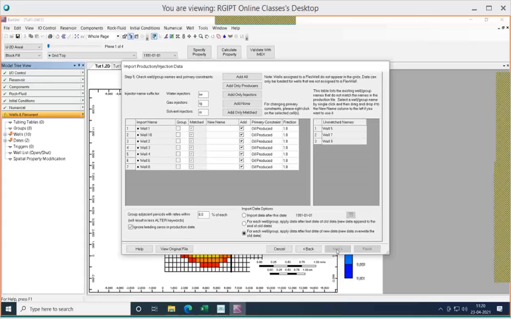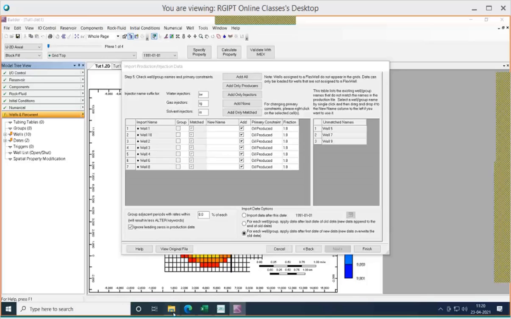Now you can see we have well 1, well 2, well 3, well 4, well 6, well 8, and well 9. All these wells have been matched. But well 5, well 7, and well 9 are not matched. So let us check the production history. Well 1, it is there. Well 10, it is there.